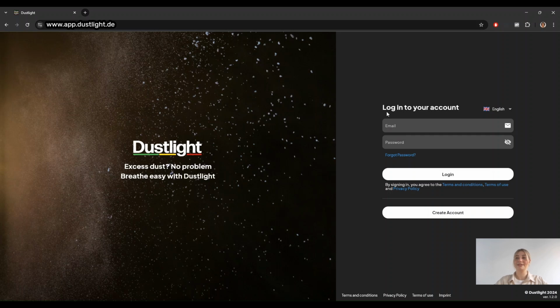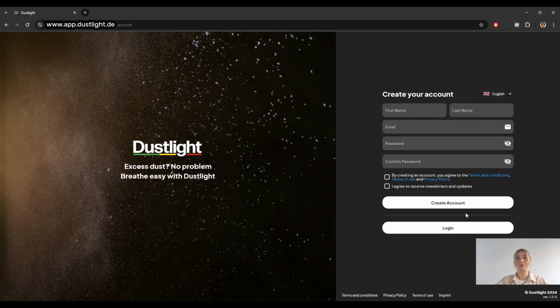Here on the right, you can see that you need to log into your account. As we don't have an account yet, we need to create an account first. Creating an account is completely free and is available for all kinds of software plans. In the field create your account, you need to input all your required personal information, such as your first name, which in my case is Kathleen, last name Nagy, your email address,